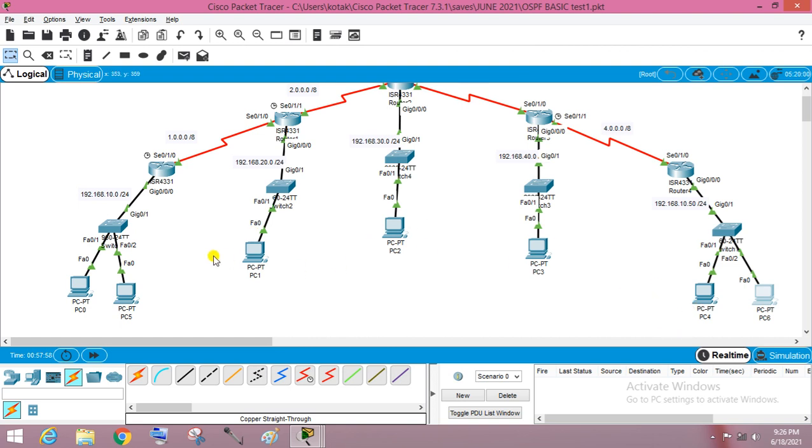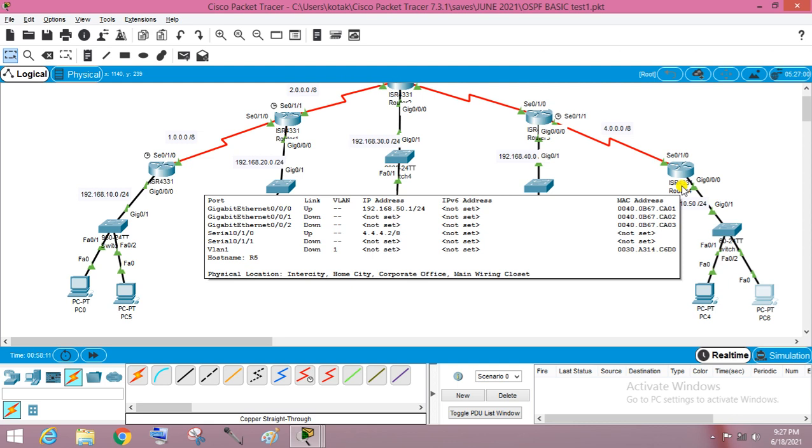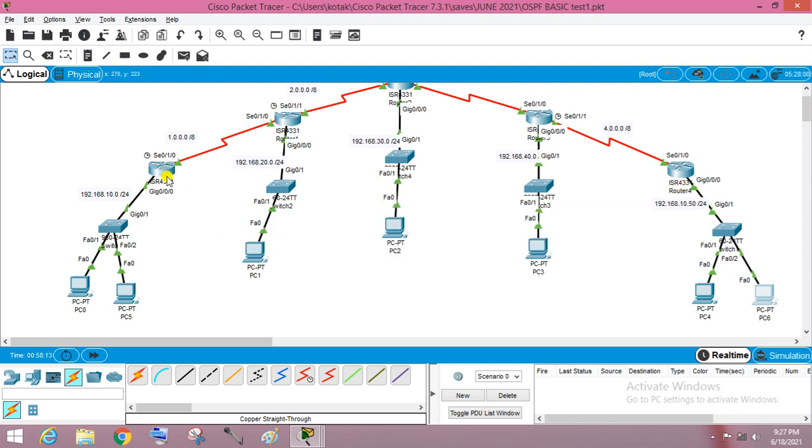Yeah, you can check. Now our router is pinging fine, and now we are able to reach from this PC to this network. There are so many routers coming here: 1, 2, 3, 4, 5. But in this case, how many hops are there? It will be 1, 2, 3, 4. 4 hops are there, but the maximum is 5 routers.